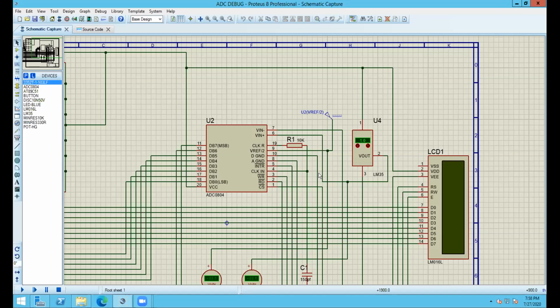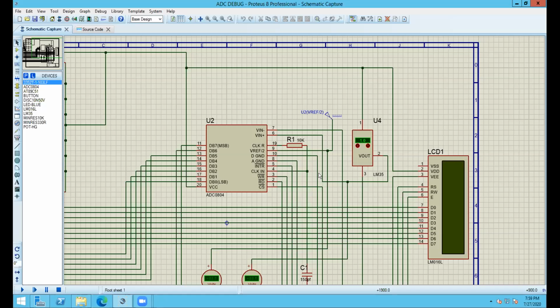Okay. So here for 1 volt, we have a resolution of 255 outputs, right? And to make the ADC 0804 understand that we are going to range the measurement from 0 to 1 volt, I mean within a 1 volt gap, we have to put the reference voltage Vref by 2 as just 0.5 here.